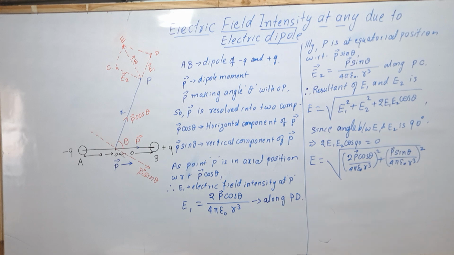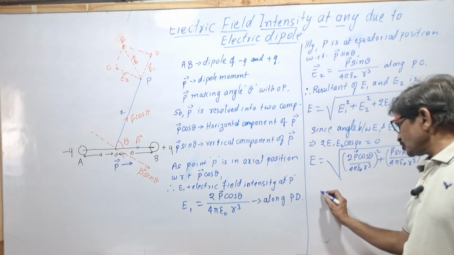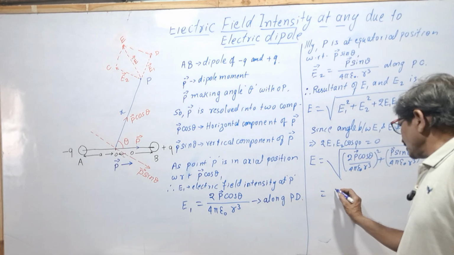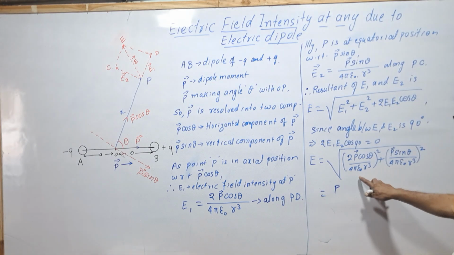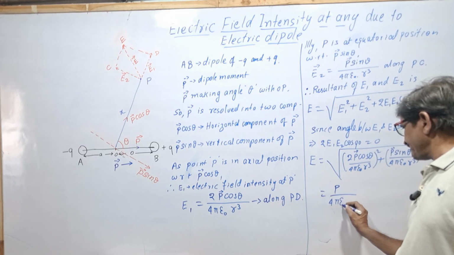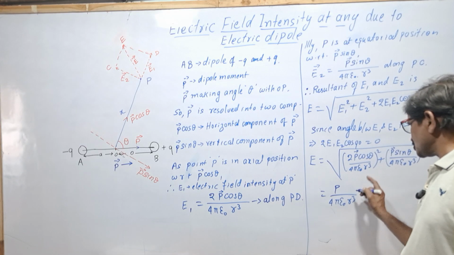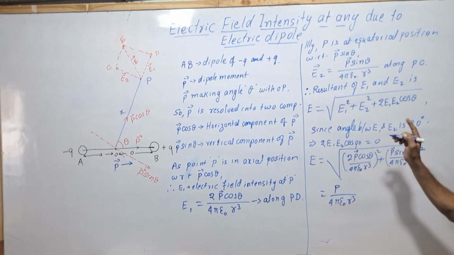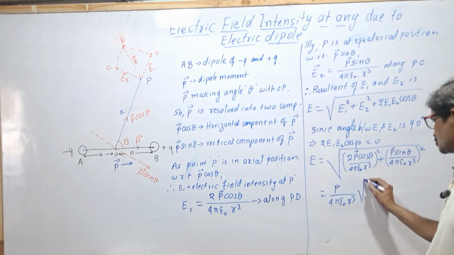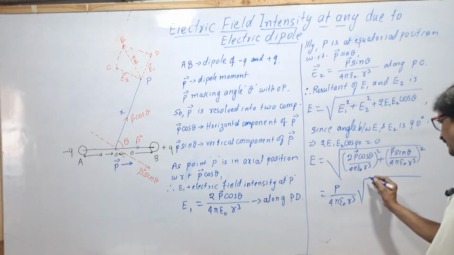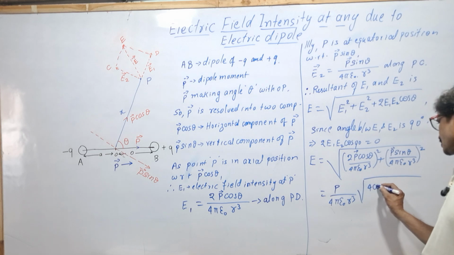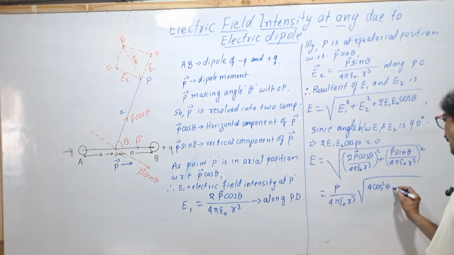Now, which terms are common that we can take outside? P is common, and in the denominator 4 pi epsilon naught r cube is common in both terms, because the square root cancels the square, so the common term stays as it is. So inside the square root we have 2 squared, that is 4 cos square theta plus